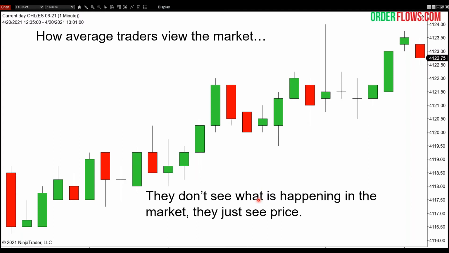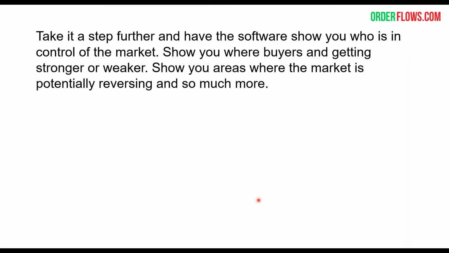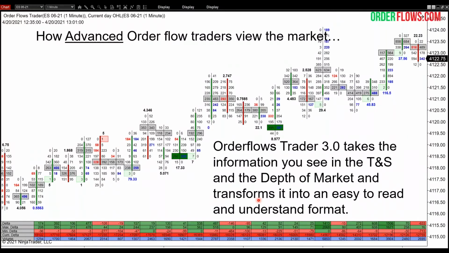So again, average traders, they just look at a normal bar chart, right? They don't see what's happening in the market. They just see the price that traded. So take it a step further, right? And have software that's going to show you who's in control of the market. So where buyers are getting stronger or weaker, show you areas where the market is potentially reversing, and so much more. You could become more of an advanced order flow trader by having software that's going to show you areas where there's market generated support or resistance,